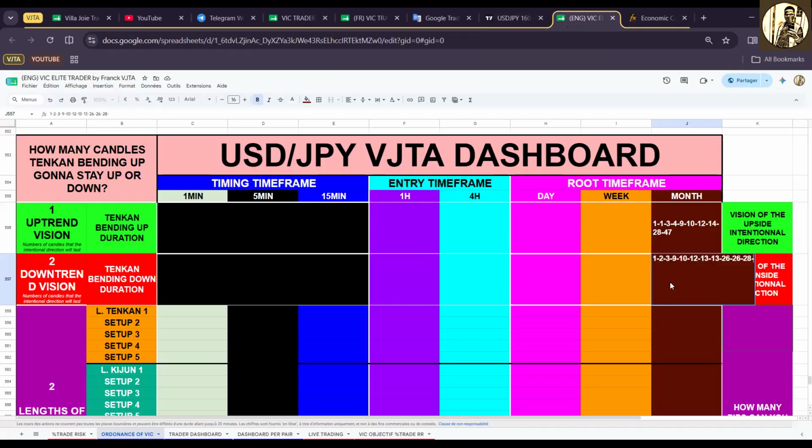Like if you take a position and you let it sleep, you can be on a losing streak. If you take a buy position and you let it sleep, and you made a mistake about the direction, you can let it sleep for even 1 year or 2 years and a half, right? But you have the average of Tenkan bends to the downside. That shows you how long the trend will last to the downside, right? So that's actually an idea of the vision. That's why I call it the vision. You see it in advance because you have data that you have computed.